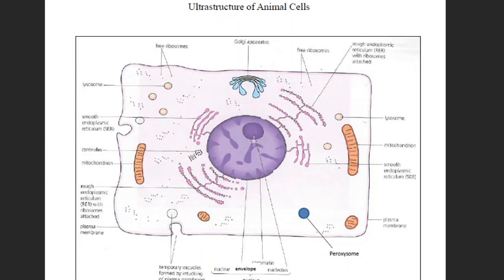Unlike the prokaryotic cell, in the eukaryotic cell the DNA is distributed or divided into different chromosomes. In the prokaryotic cell, the model organism E. coli that we have discussed, the genome was circular double-stranded DNA. Here the genome is linear and it is divided into different chromosomes. Like in human beings, we have 23 pairs of chromosomes. So in the nucleus we will find the DNA.